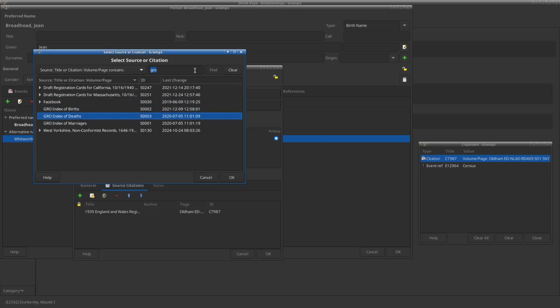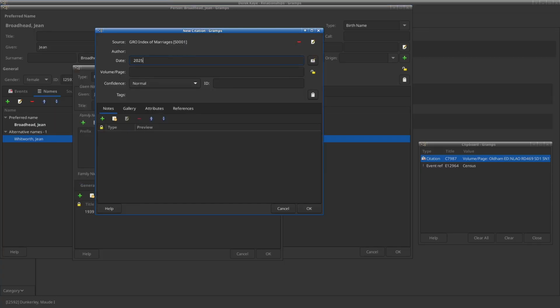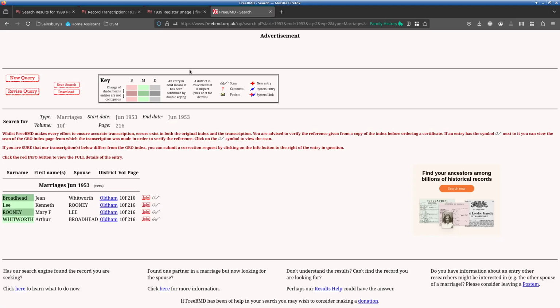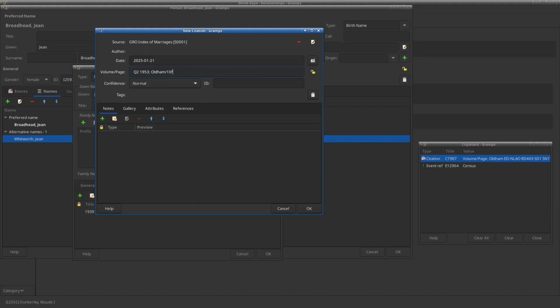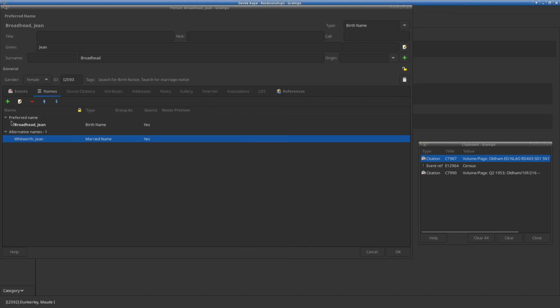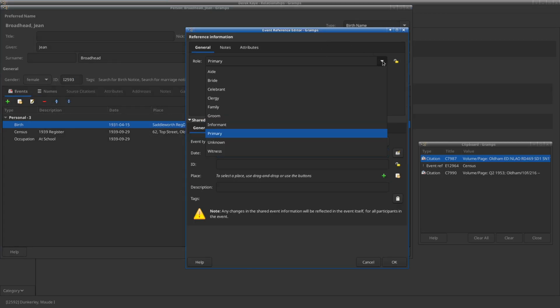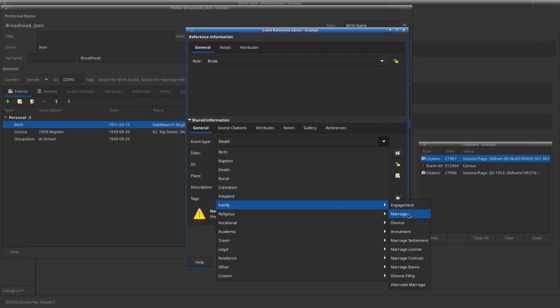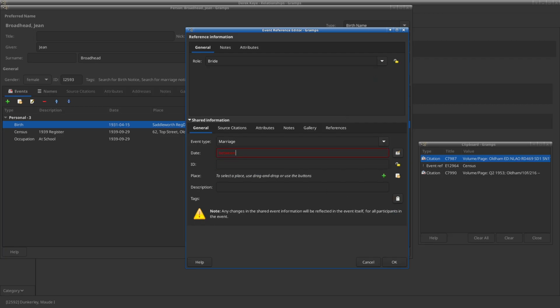Source for that is the GRO index of marriages. Date today, 2025-01-21. The marriage was /2/53. It was in Oldham. It was 10F216. Going to add as a bride a marriage event between 1953 0401